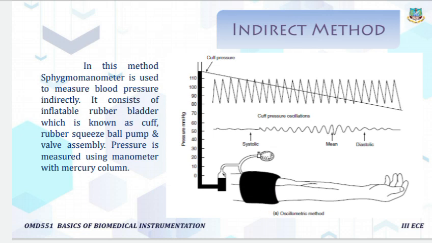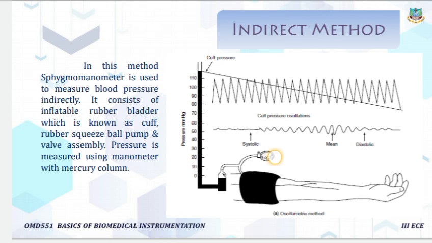Okay, so this pressure compresses the arteries against the underlying bone, so the blood flow in the vessel is stopped. Then we know that after pumping up, the pressure will increase here, then the doctor slowly releases the pressure we are giving with this rubber bulb. Okay, you all know, right? Slowly reduce the pressure in the cuff.